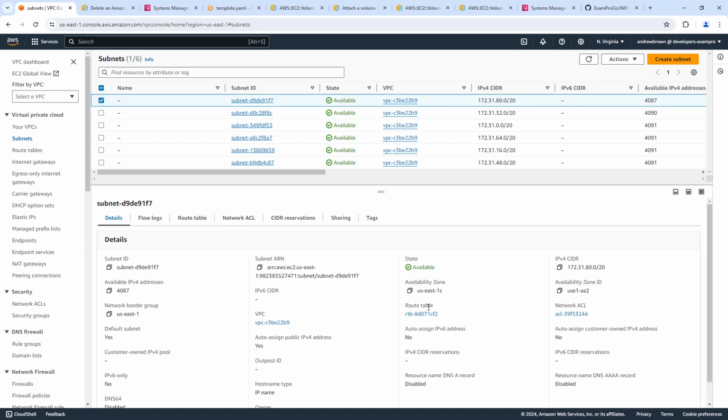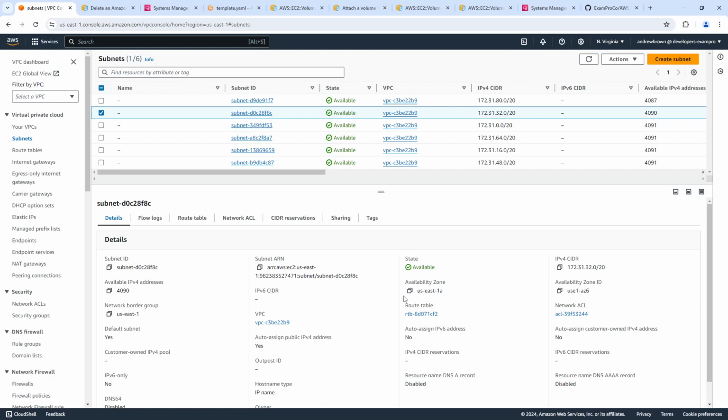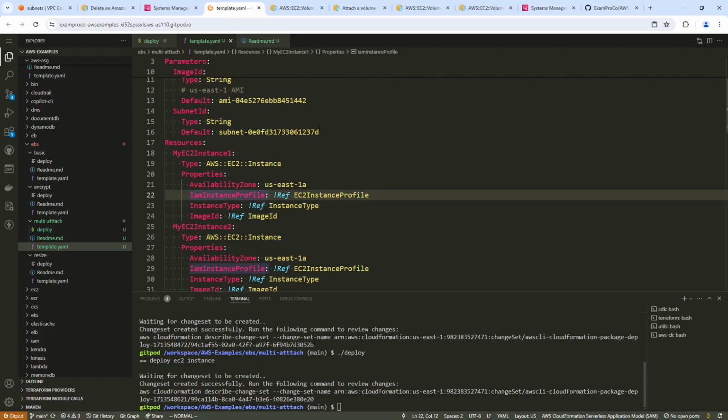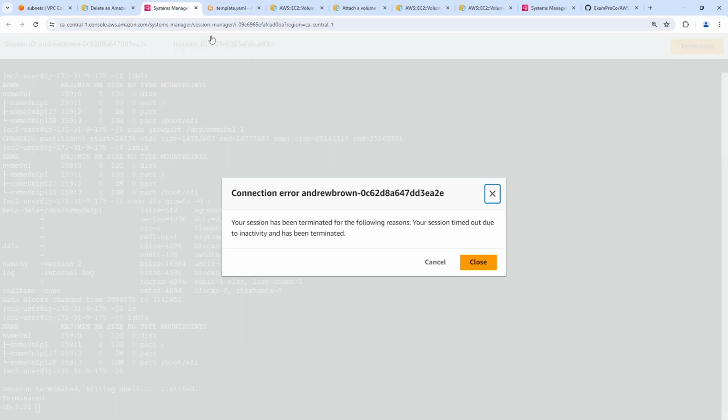US East 1C? No. US East 1A, yes. Is this public or private? Public, because I see IPv4. So I'm going to grab this subnet, and we will go back over to here. Paste that in here. And so hopefully this time